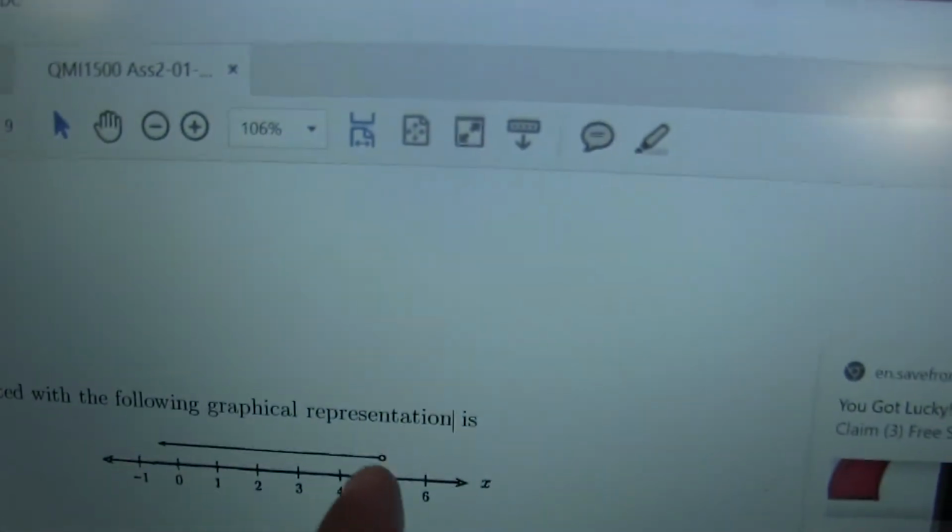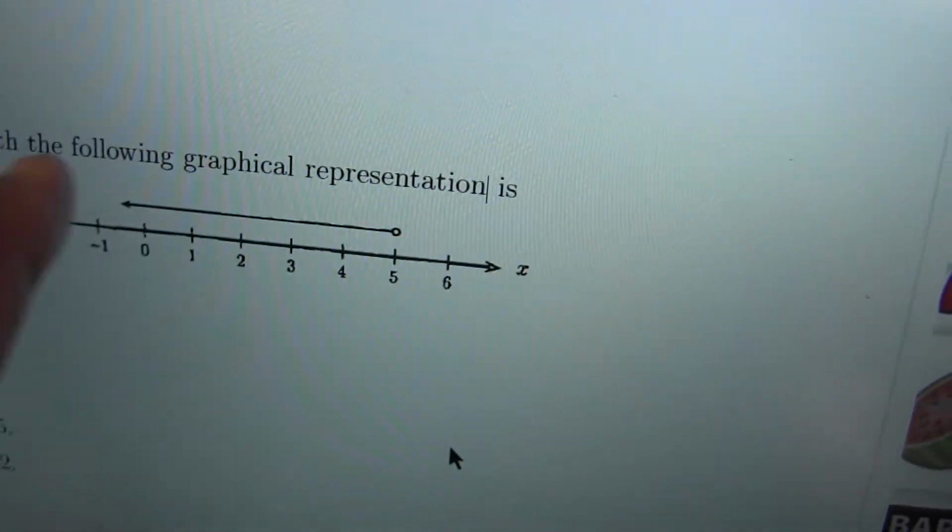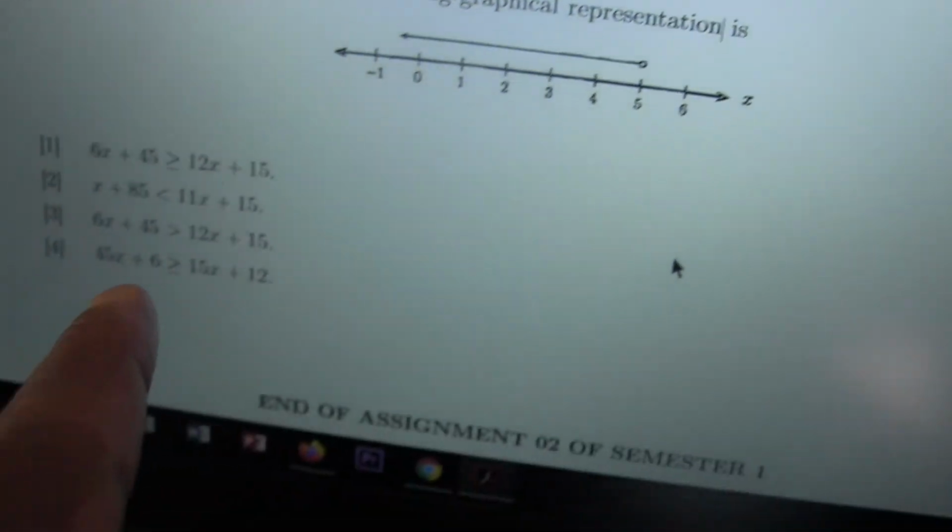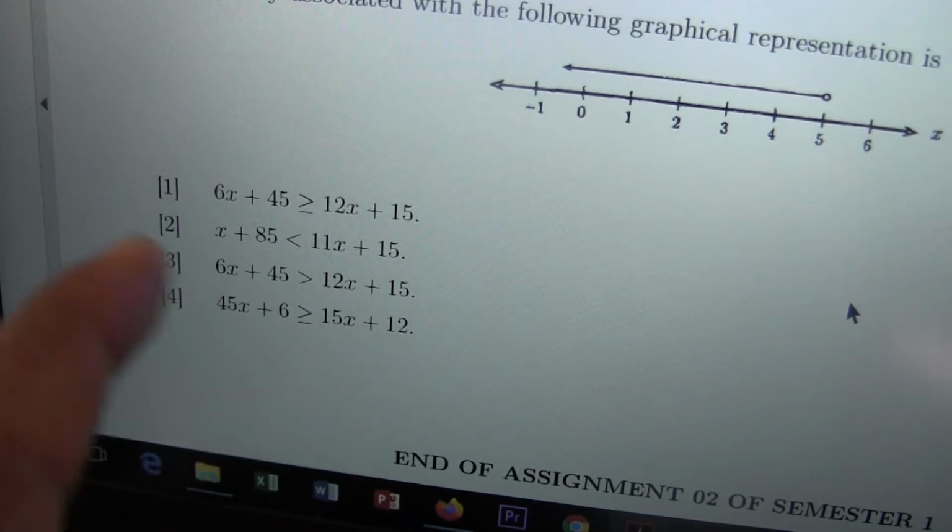If you look carefully here in the option, I think they meant to draw from 6 because this is 5, 6 all the way. But maybe just a small error. So I'm definitely going to go for the third one. For the second one, no, because when you divide by an inequality,